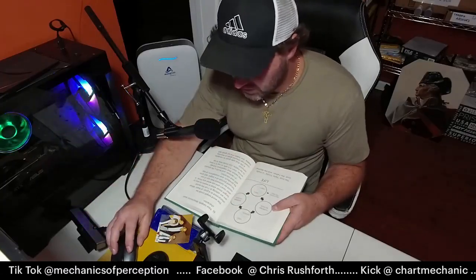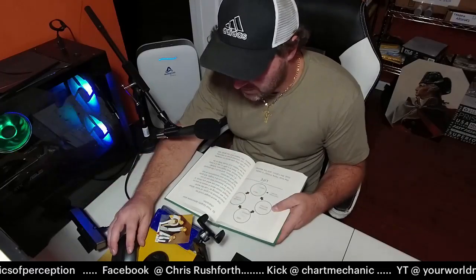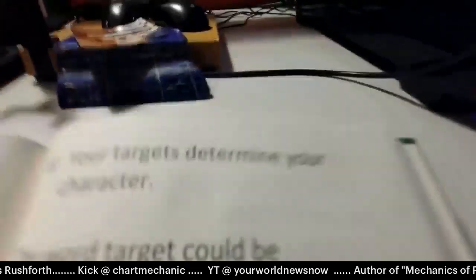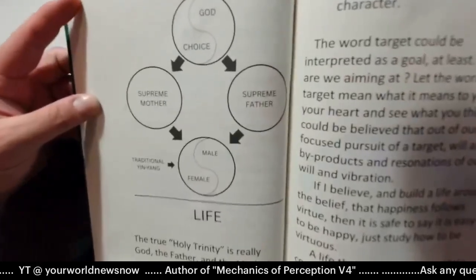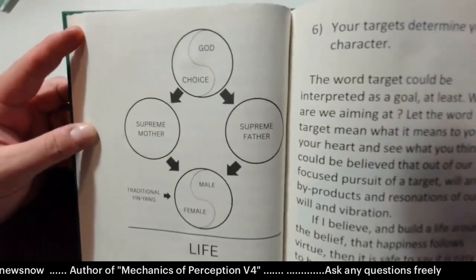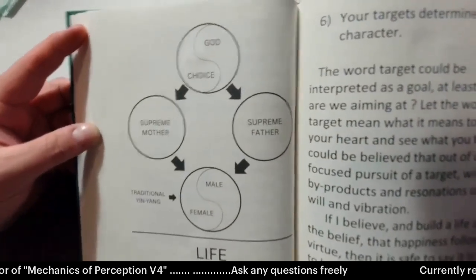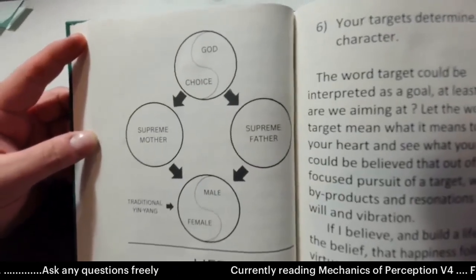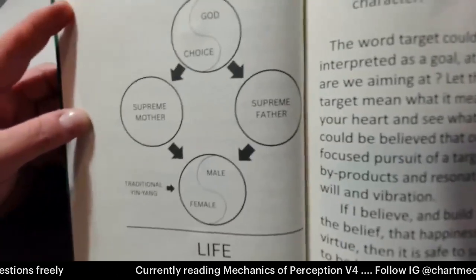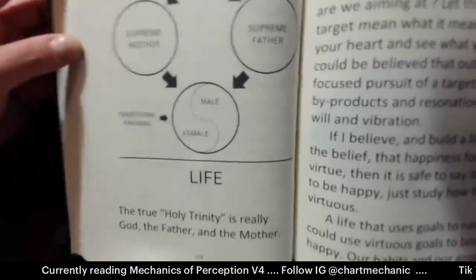So, I'll show you the diagram. This is just sort of artwork for me. I'm not saying this is set in stone, but this is sort of just see God and choice. That is like a yin yang. Those two things together make a balanced system in some way. And then I think in some way you have a mother and a father sort of system, and then